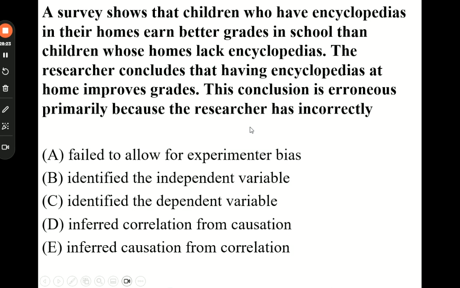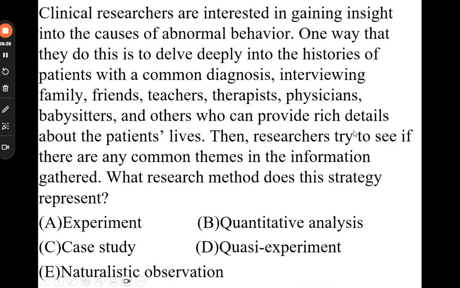Okay. All right, read that. The answer is the researcher has incorrectly inferred correlation from causation, similar to what I said earlier. Okay, read that. The answer is